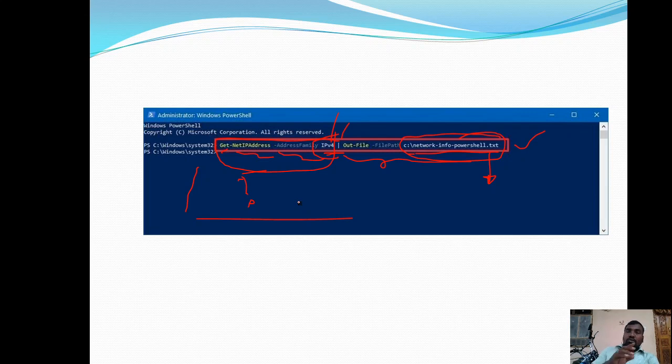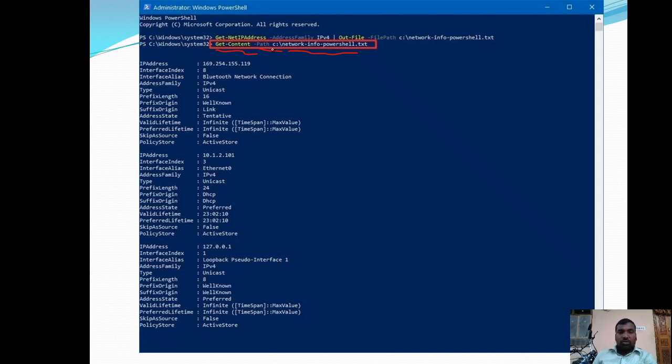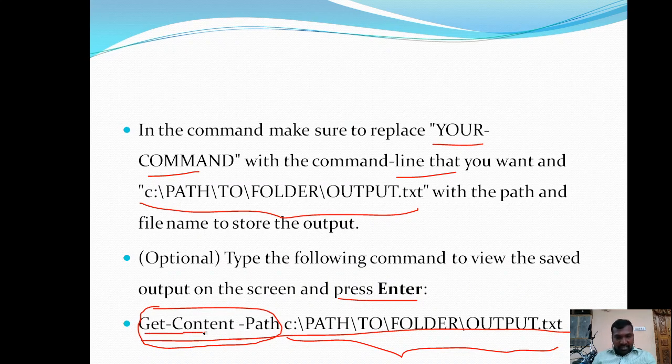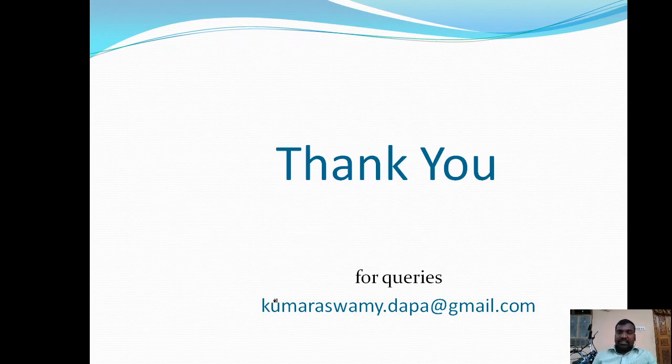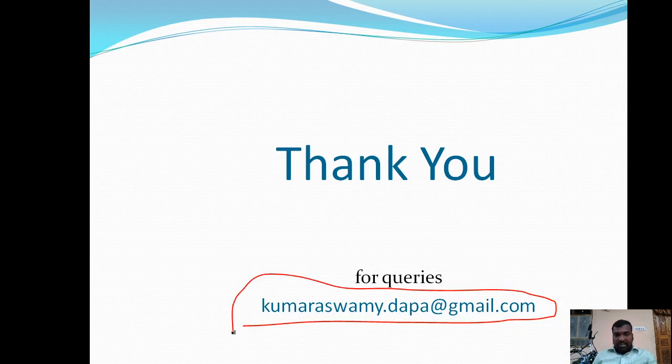But if you want to view the configuration details in the command prompt as well as export them into text files, you have to execute this optional kind of command. Here we are getting the content and, at the same time, producing the output. So this is about system configuration details. I thought that you understand everything clearly. Now I am trying to explain those things in a command prompt.